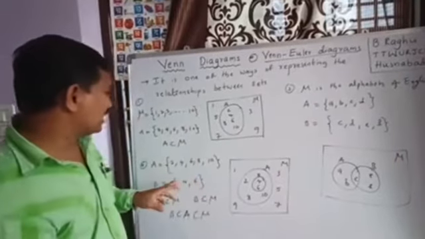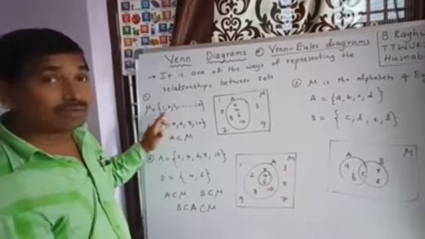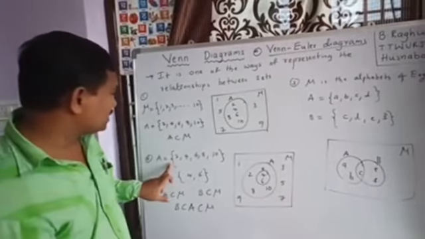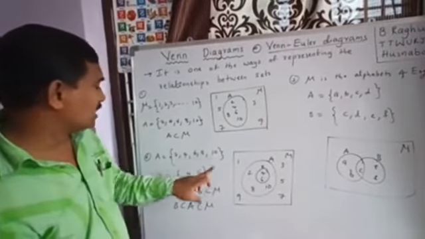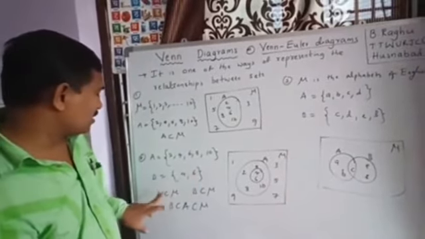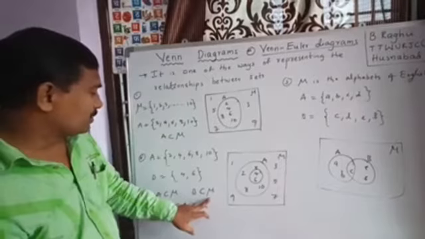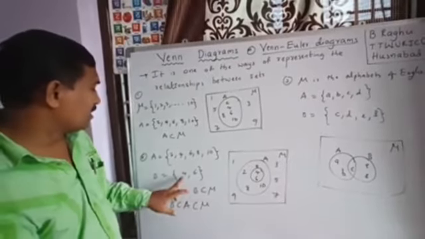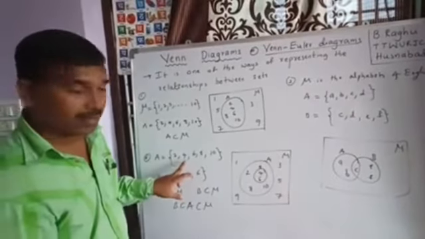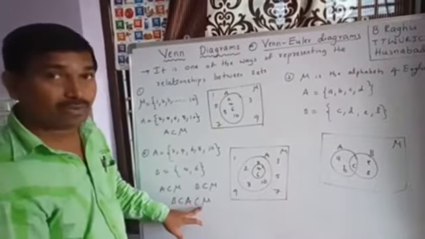Let us take another Venn diagram, the second problem. For this also, this is the universal set. A is the set of even numbers up to 10. B is another set: 4 and 6. See here, A is a subset of mu, B is a subset of mu. And also every element in B is also an element in A. So here B is a subset of A, which is a subset of mu.